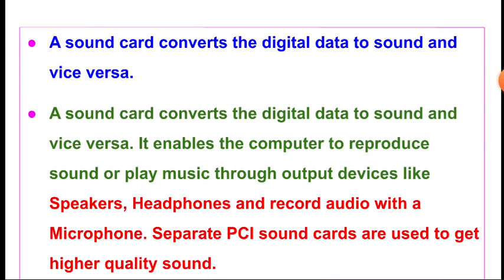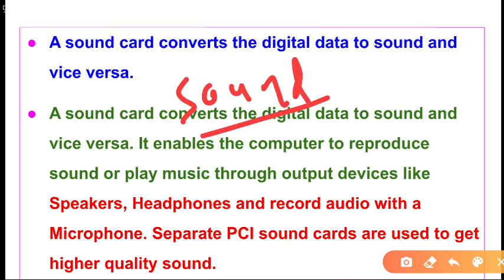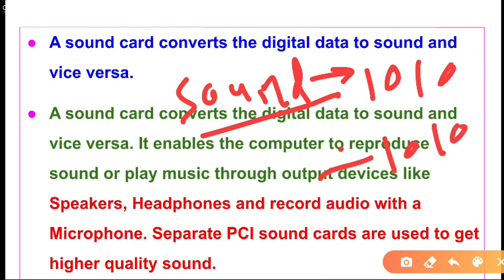Google Home's mini speaker, or those smart speakers that you get nowadays. When you use those kinds of speakers and speak something so that the device can search something, actually you are giving the sound signals to the computer. So what does the sound card inside the computer do? It converts these sound signals into digital signals, and for output, these digital signals are again converted into sound signals.